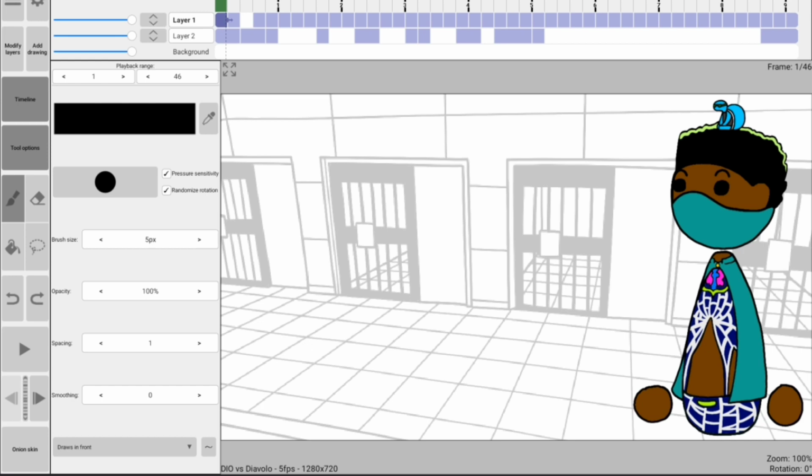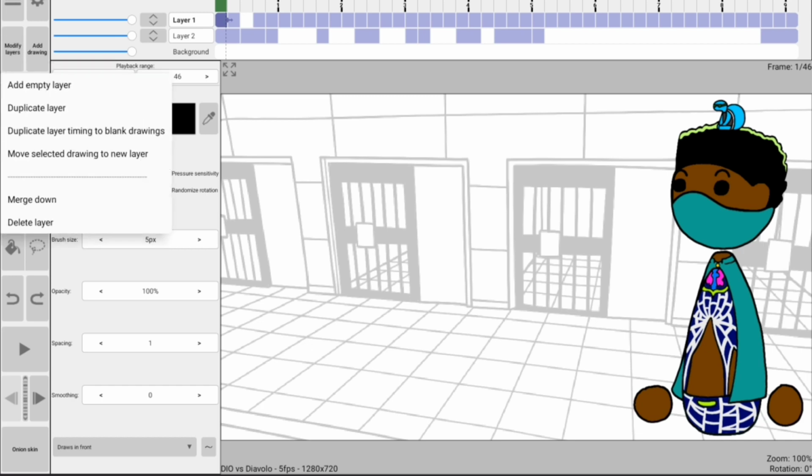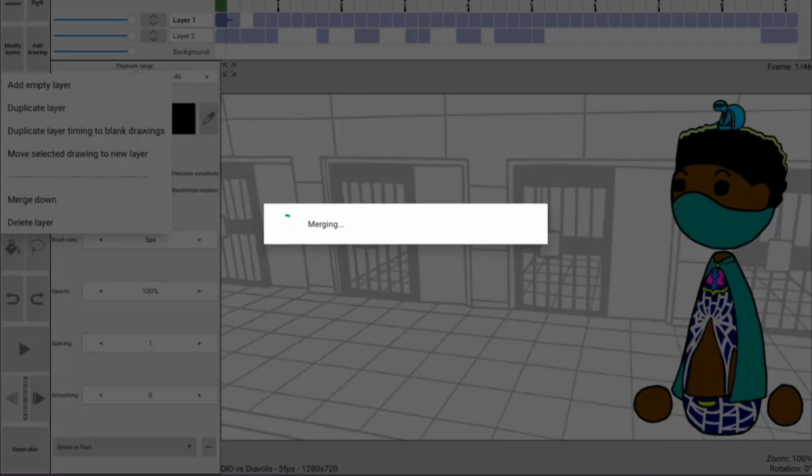So since I have 2 layers here, I have to go to modify layers and I have to merge the layers down. Merging is basically self-explanatory.